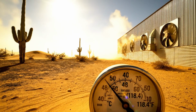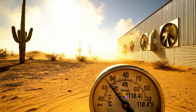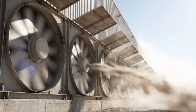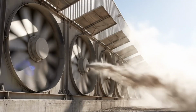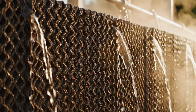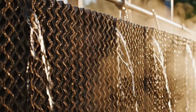By day 40, the external desert environment becomes hostile with ambient temperatures spiking to a searing 48 degrees Celsius. The facility's defense is a bank of 10 industrial exhaust fans, roaring at full capacity to purge heat from the structure. On the intake side, cellulose cooling pads are saturated with water, transforming the dry desert air into a cool,